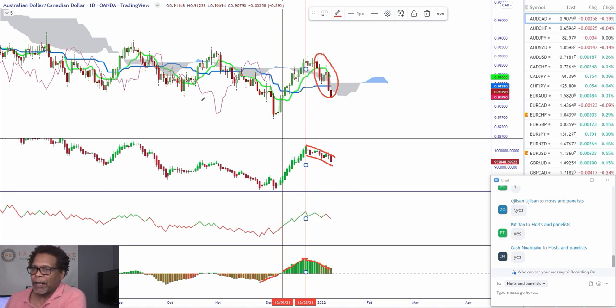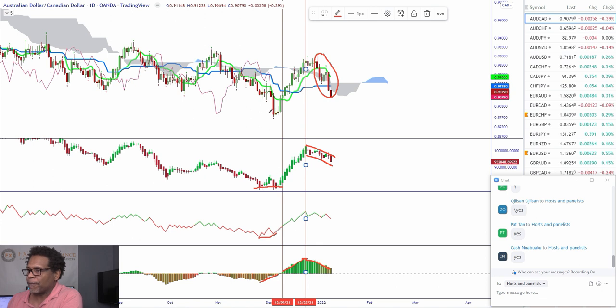Now I'm trading different ways. It depends on what I'm trading, and we're talking about forex. So I'm telling you the way I'm trading forex. If I'm trading futures, I'm trading on a daily, I'm trading intraday. So I'm trading a little bit different, but the same concepts. I'm looking for divergences. All right.